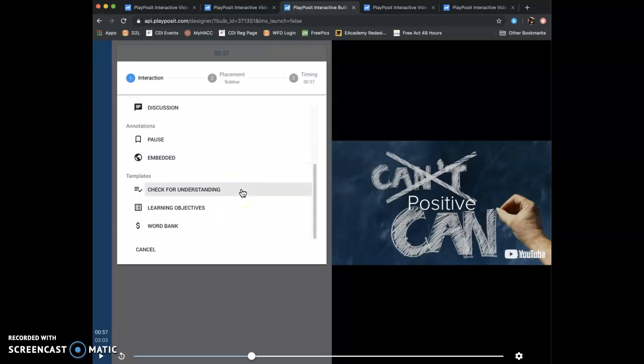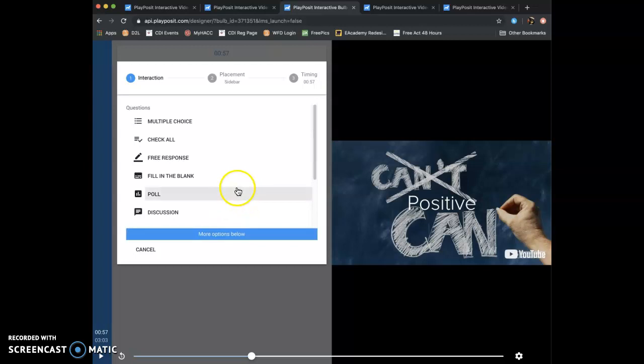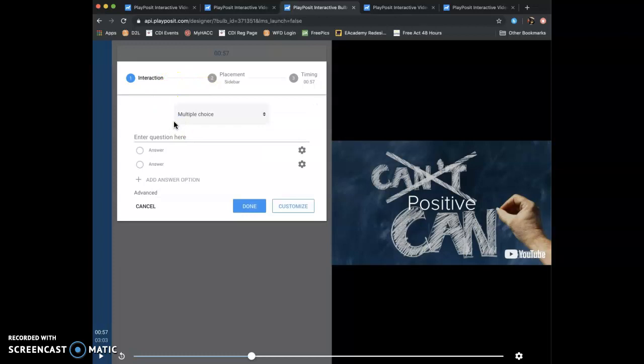And you can also add learning objectives at the beginning. That would be a good instructional design concept. You can also do a check for understanding or word bank. So you have a lot of different options for interactivity you can add. I'll just go ahead and do multiple choice, and it's very simple. You would just type the question,